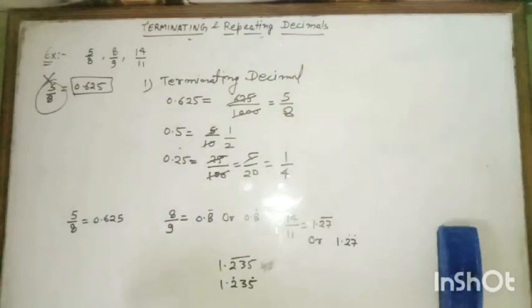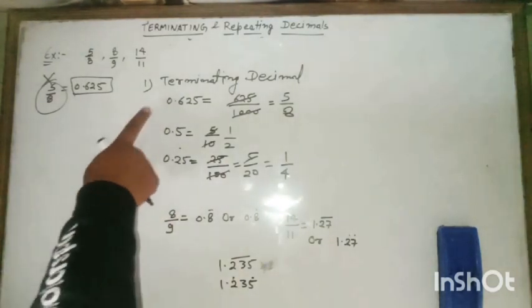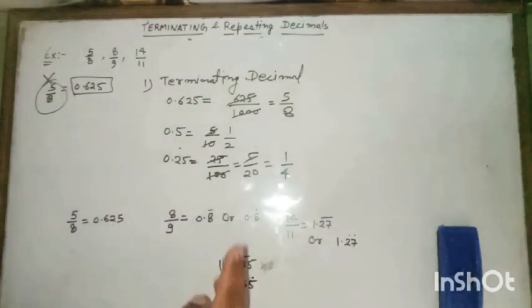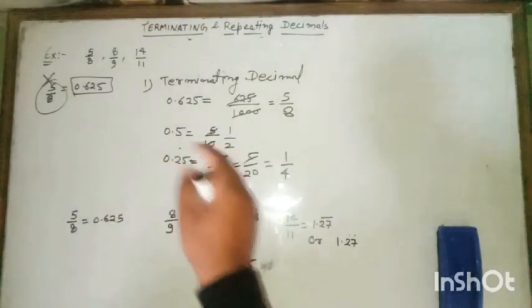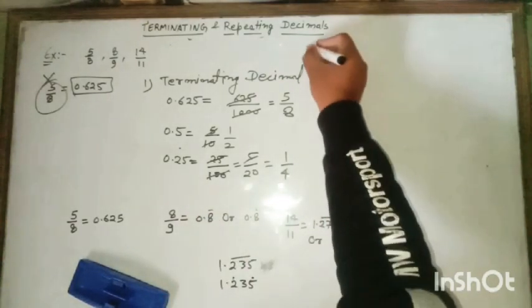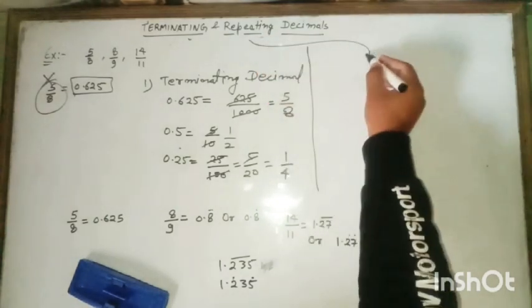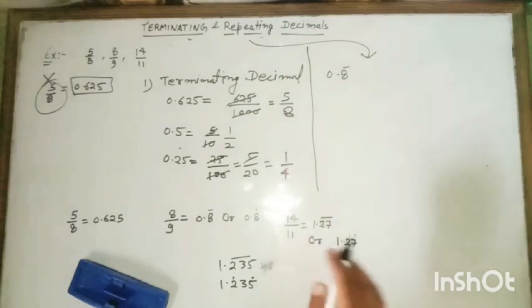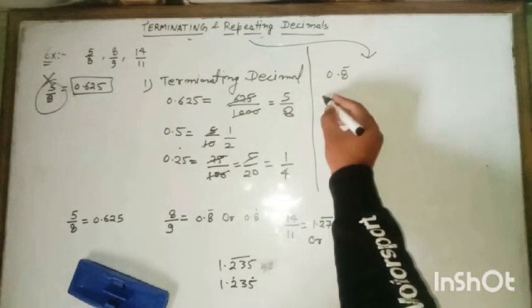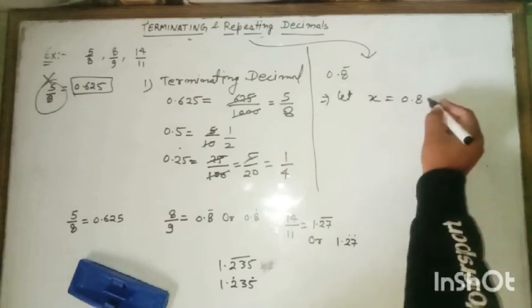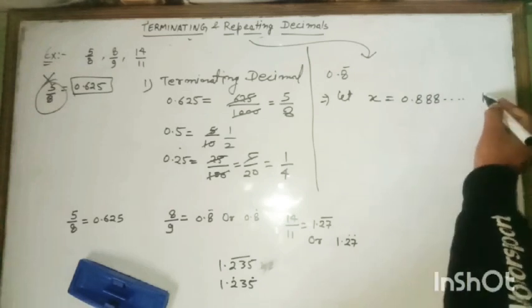This was the first case, when the decimal expression was terminating, or the quotient is such that the remainder is 0. But there is another case, like if the case of repeating decimal is there, then what you will do, it is written 0.8 bar and convert it into the fraction. So what is the way? You will form an equation here, let x is equal to 0.888 and so on. This will be your first equation.